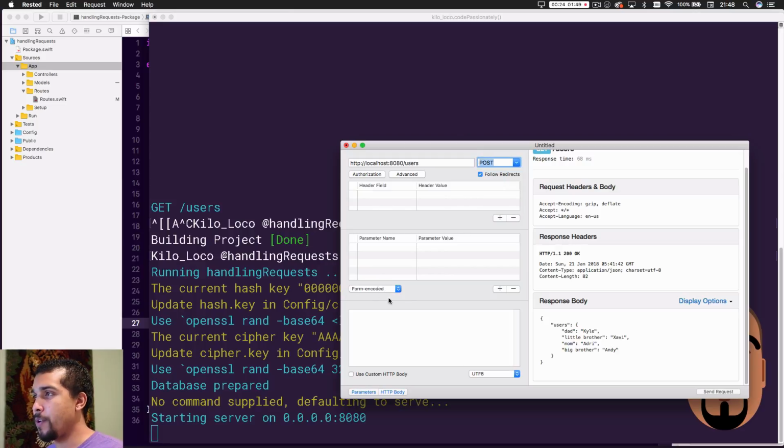All right, pretty straightforward. Now in Rested, we have form encoded and JSON encoded. Right now we're working with JSON. Remember, we're expecting JSON, and I'm going to get into form encoded, but JSON first. And then once again, I said we're expecting the name parameter to come across. So let's do that. We're going to pass in Xavier,